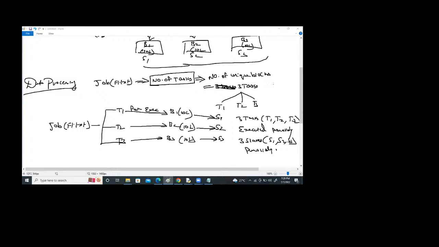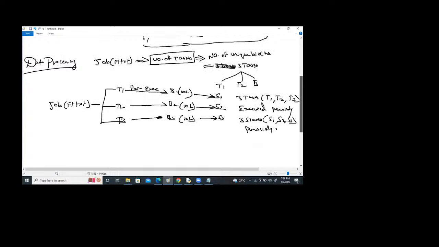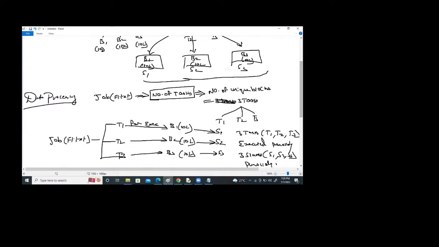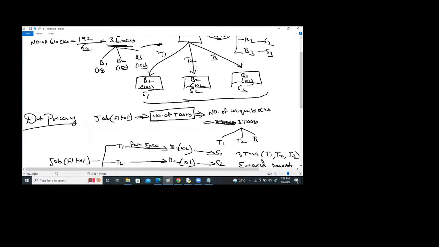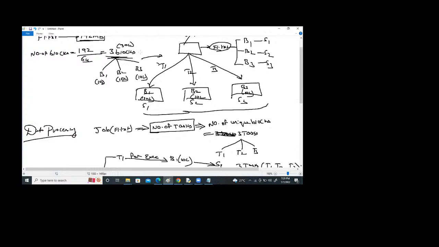Okay, understanding, right? Now these three tasks are executed by the three slaves parallelly. Think that if you take a bigger file, you will get more tasks. More tasks are executed by multiple slaves parallelly, as these are machines, right? Slaves are machines. Suddenly, if any one slave goes down,